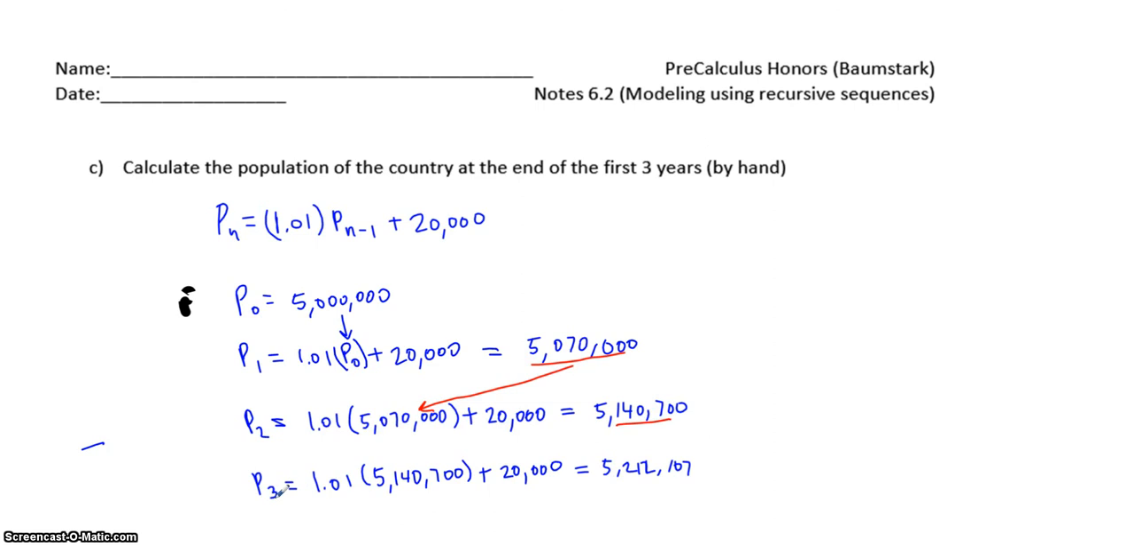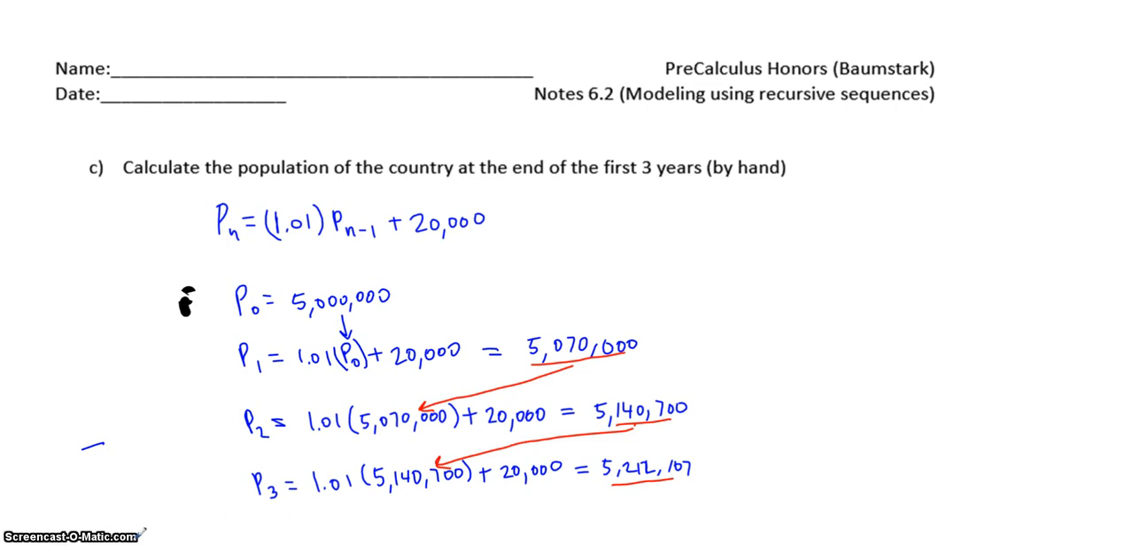And then to get the population after the third year, I'm going to do the same thing. I'm going to plug it into that formula, n equals 3. And again, it's just going to be 1% of the prior value, which I stick in there, add my 20,000 immigrants, and then this would be the population after 3 years. So you can see why this lends itself nicely to a spreadsheet,